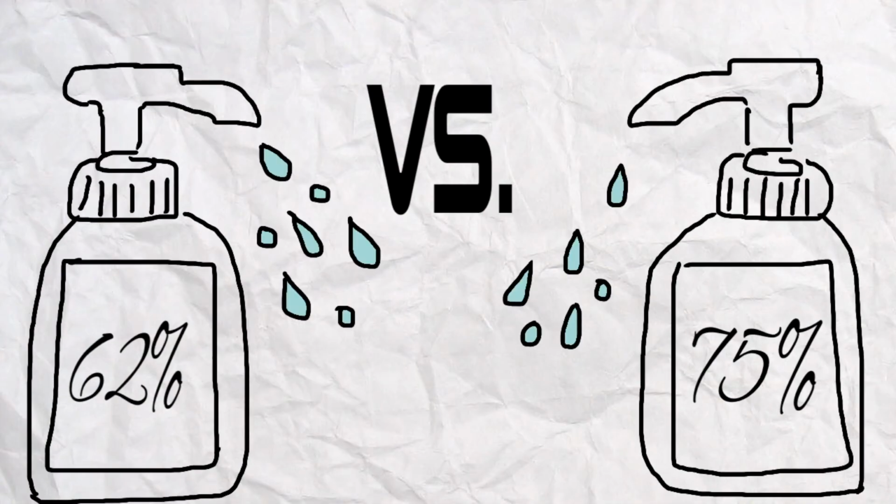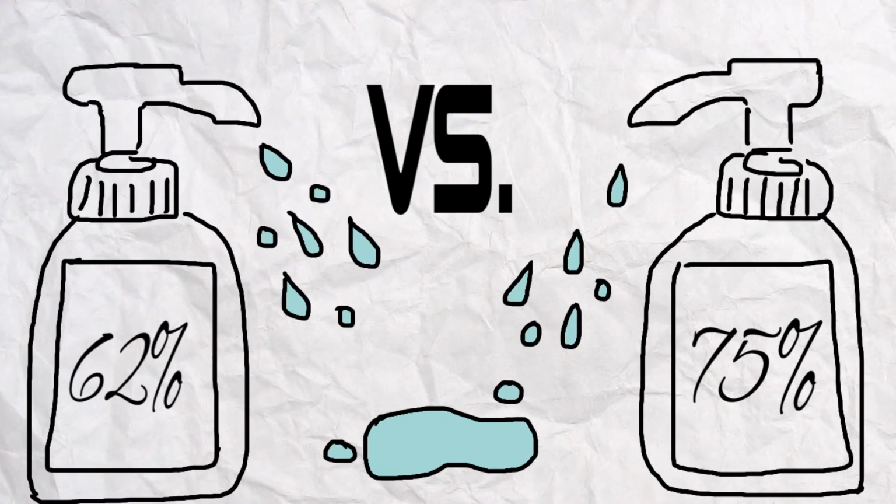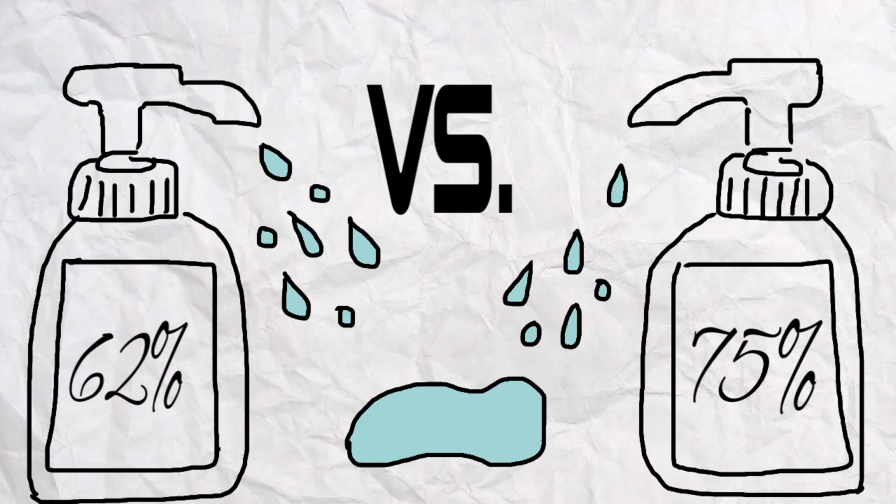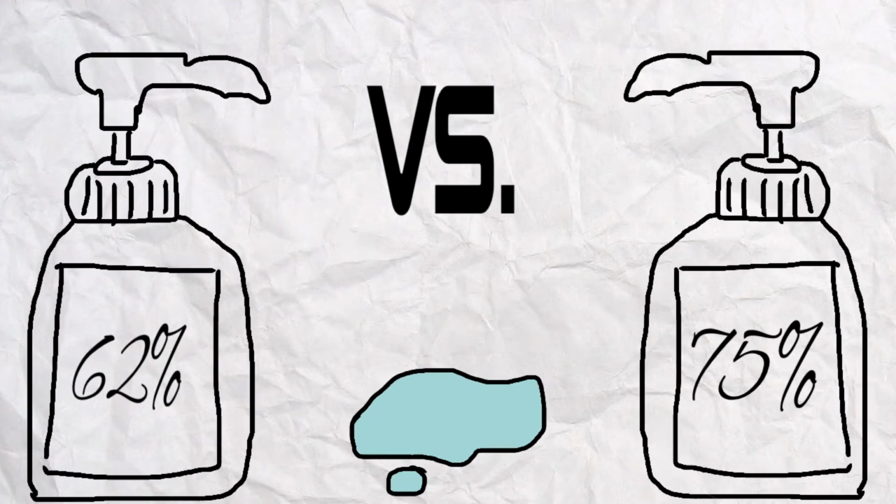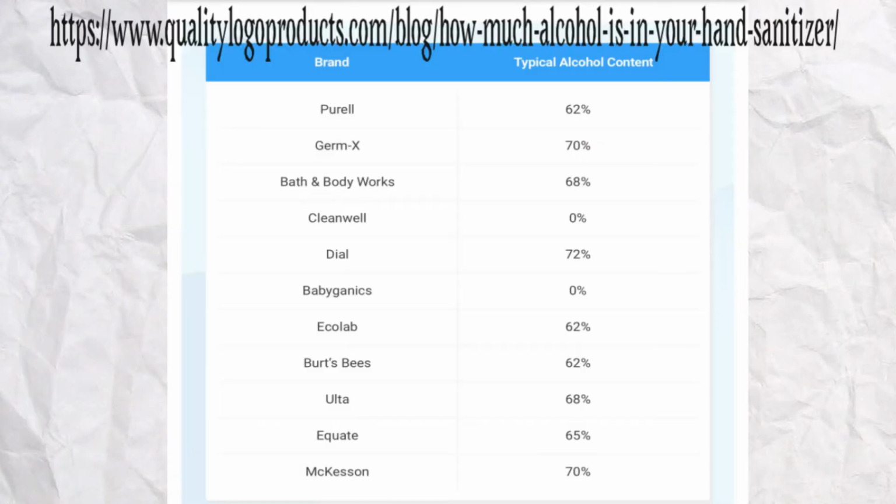When choosing a hand sanitizer, do you opt for sanitizer with a higher percentage of alcohol? Which sanitizer will be more effective against killing germs, 62% or 75%? The typical percentage in over-the-counter hand sanitizers ranges from 62% to 72%, but does a higher percentage of alcohol matter